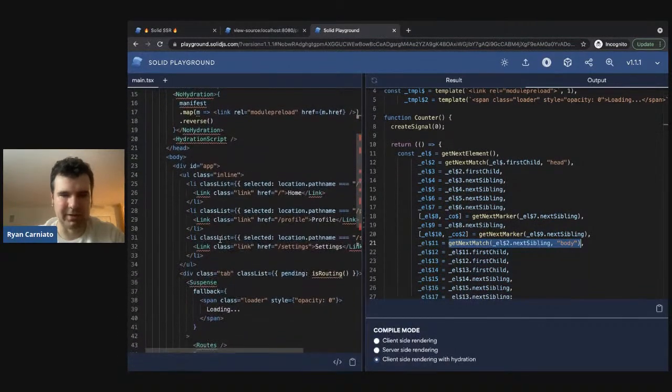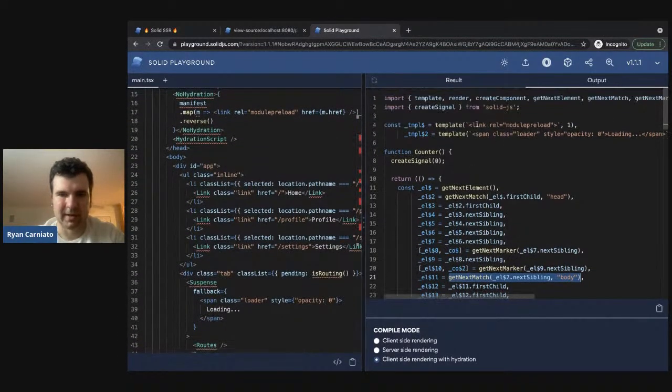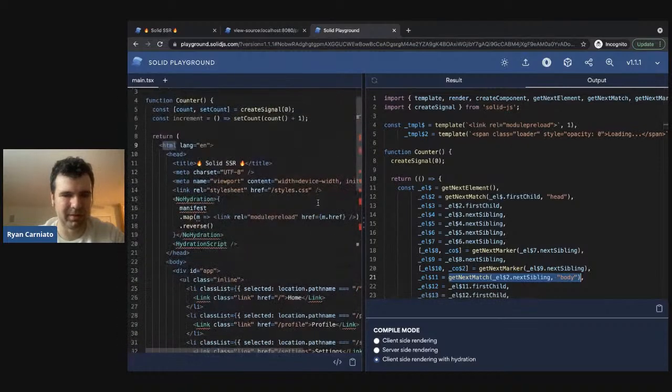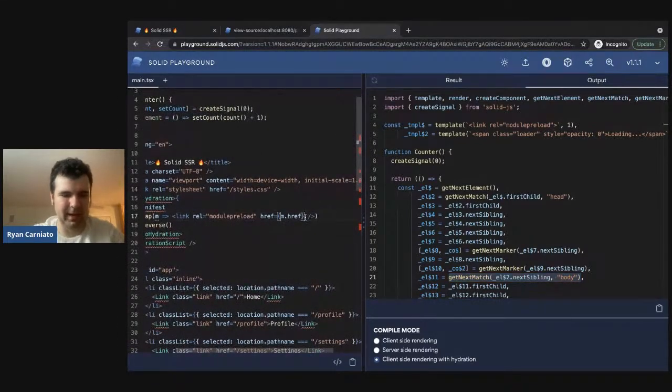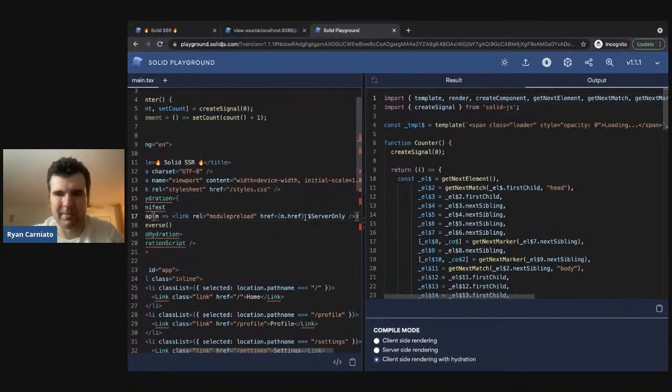we have this ability to remove that. And you see this link module preload? If we know that this is never going to come in, I actually added a directive to Solid where you can just go server only and bang, the template just disappears. I don't know if you guys saw that. So technically speaking,